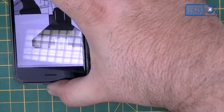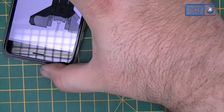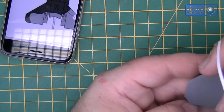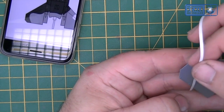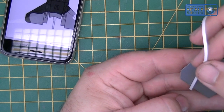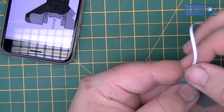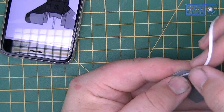Put it over that side actually, so I'm not in the way. There we go. Put it there. So we weigh it up. I already got the grey down, so I've got to ensure I don't interfere with that at all. Like I say,